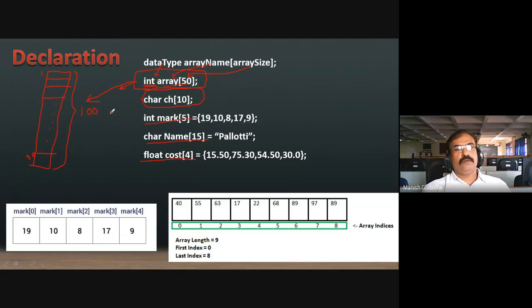This block will be of 100 bytes. So as soon as you declare an array, you are going to get 100 bytes of memory reserved, out of which the first 2 will be for the first element and the last 2 will be for the last element. Similarly, as soon as I am talking about character ch10, there will be